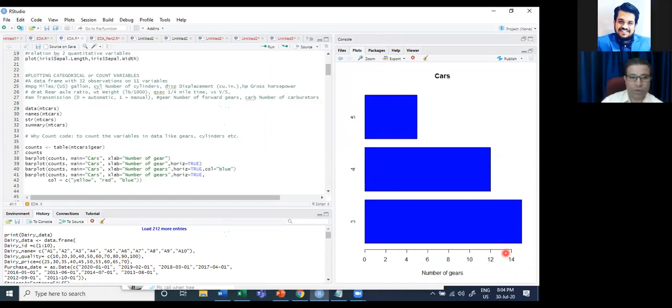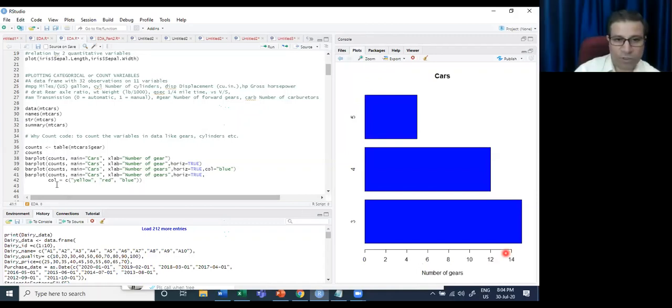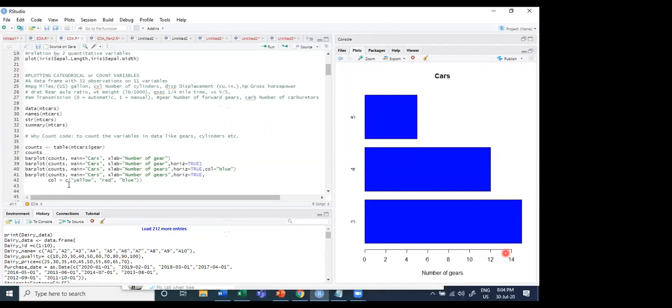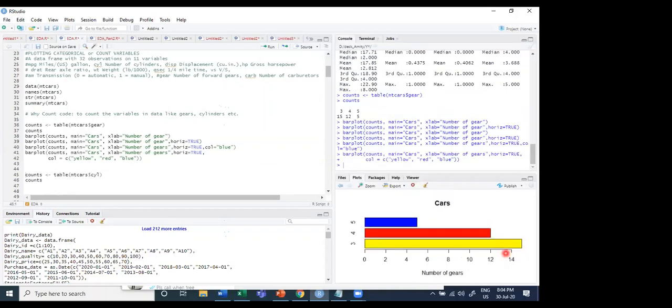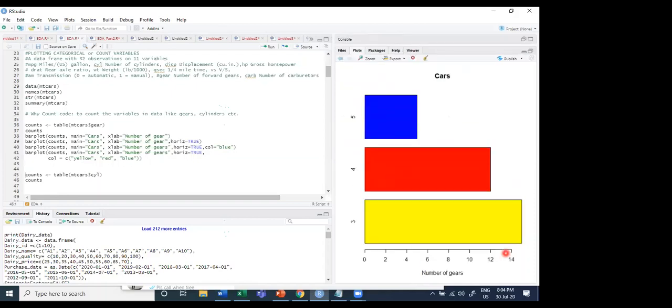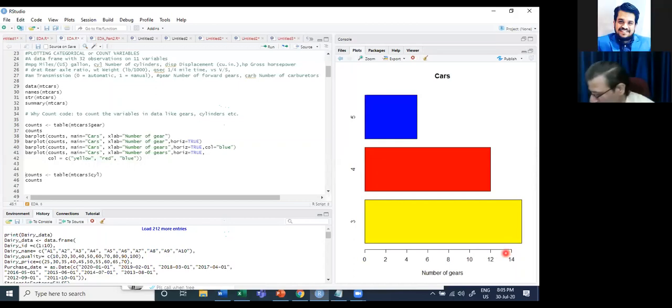Now we want to create again different colors. So what we will do is change the color code. So here, with the change of color code, the three different bars can be demonstrated in three different colors. So this is the way in which the extension of graphical analysis is also being covered to some extent. But I have graphical input analysis separately on the fourth day. Don't you worry about it, we will do that in great depth and knowledge.